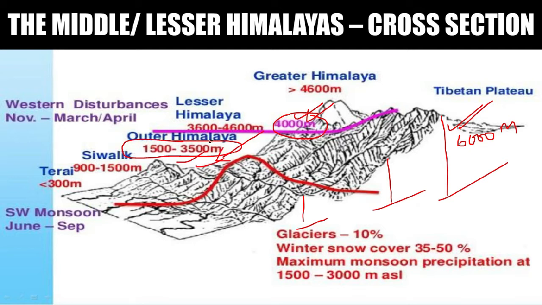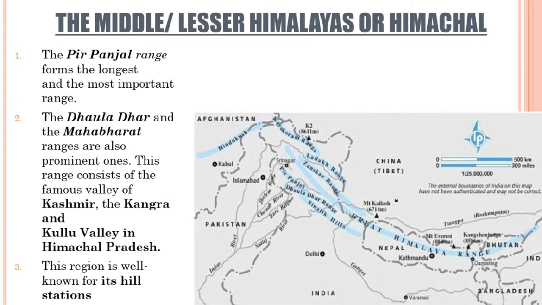When we were descending from the Outer Himalayas, especially towards the Shivaliks and the Tarai region, we saw that the average height of this region has been 900 to 1500 meters. So this is how we see the different divisions of the Himalayas height wise as well. Now if we talk about the composition in terms of rocks, we have seen that the Greater Himalayas comprised granite rocks. We have seen the Lesser Himalayas comprised compressed and altered rocks. Now we are going to learn some prominent peaks, some prominent characteristics of the Middle Himalayas as well.